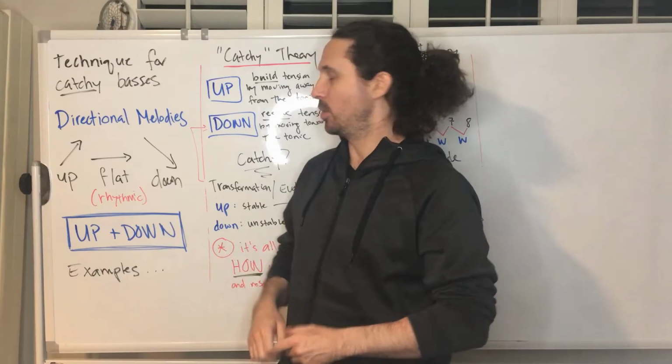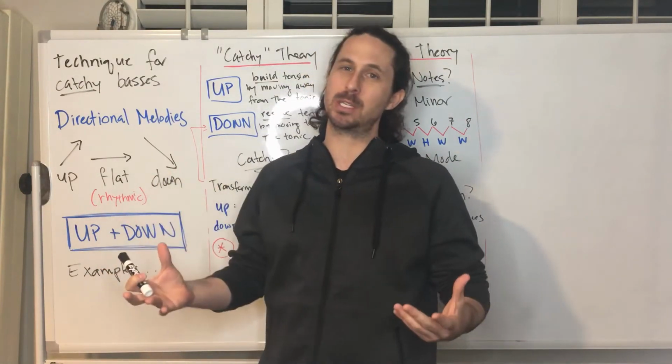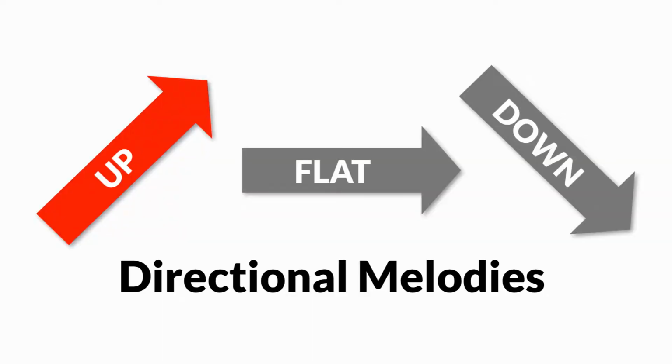What is meant by directional melodies? Melodies that go in a specific, clear direction. There's three general shapes that a melody can take. Of course, melodies can be a lot more complex, but in general, they can go up, so they move up in pitch. They can be flat in pitch, and a flat melody is a melody that's going to